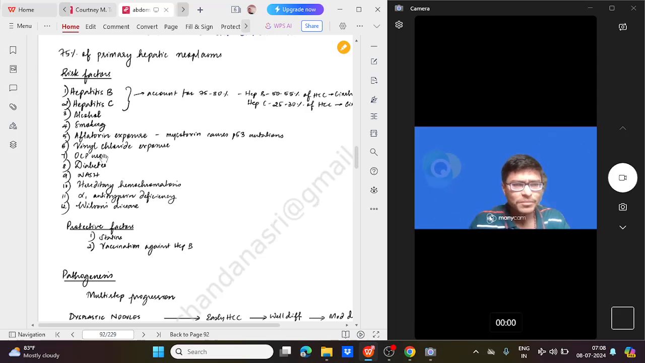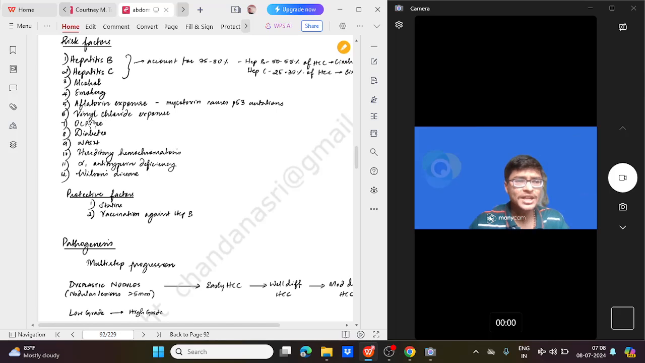Then we come to environmental factors which can be modifiable, like alcohol, smoking, aflatoxin exposure. Aflatoxin is a mycotoxin, and it causes p53 mutation, which is a genetic correlation. Then vinyl chloride exposure, as in the industries, OC pill use,